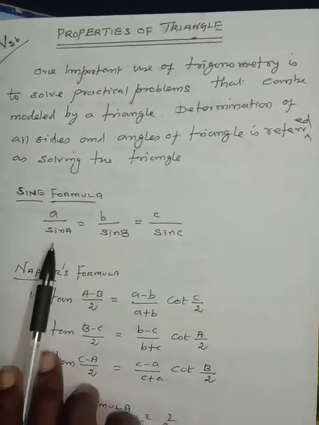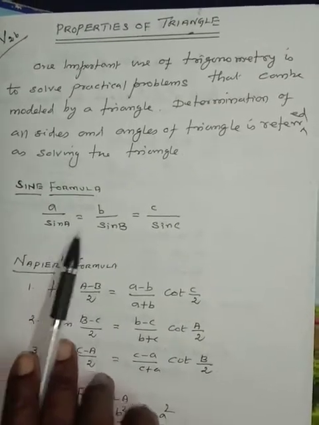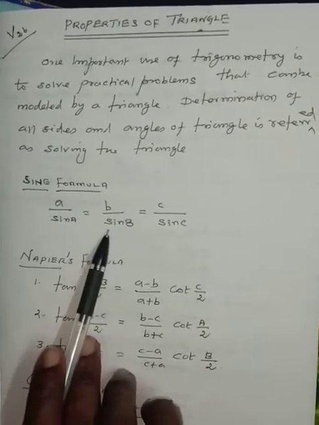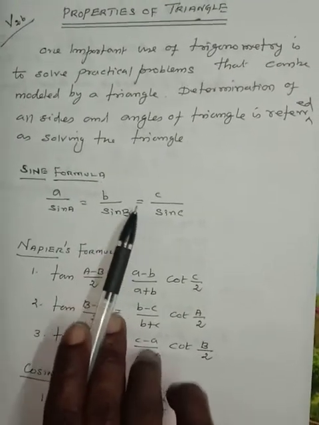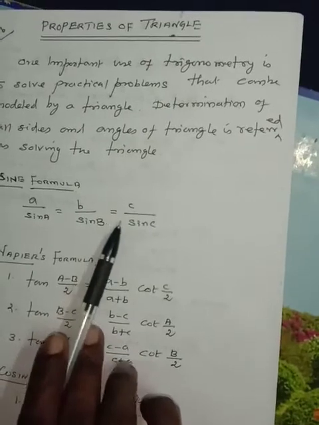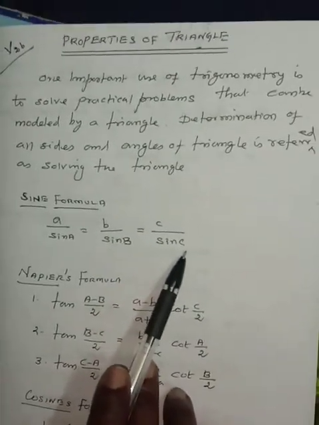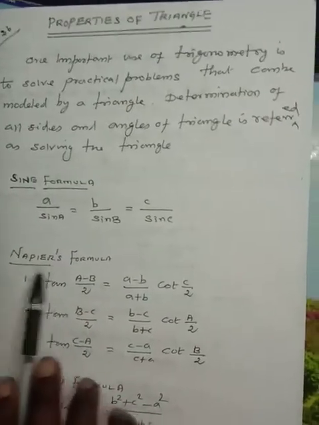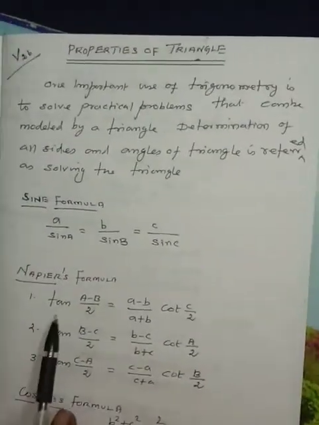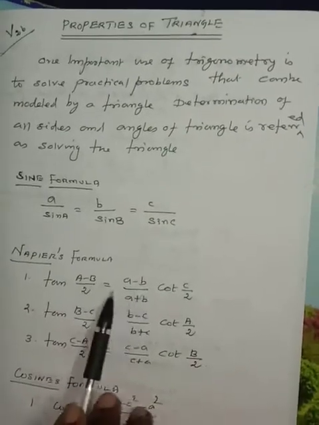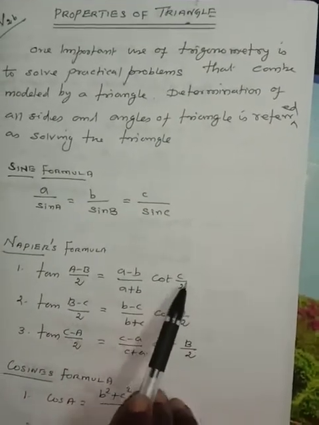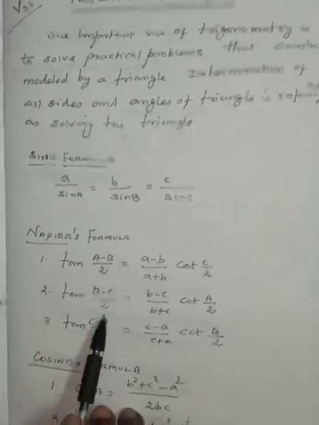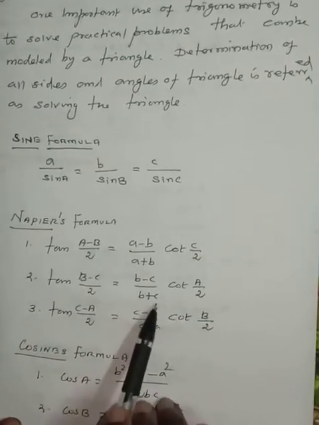Side a divided by sine of angle A is equal to side b divided by sine of angle B is equal to side c divided by sine of angle C. This is the sine formula. Next, Napier's formula number 1: tan((A minus B)/2) is equal to (a minus b)/(a plus b) into cot(C/2). Number 2: tan((B minus C)/2) is equal to (b minus c)/(b plus c)